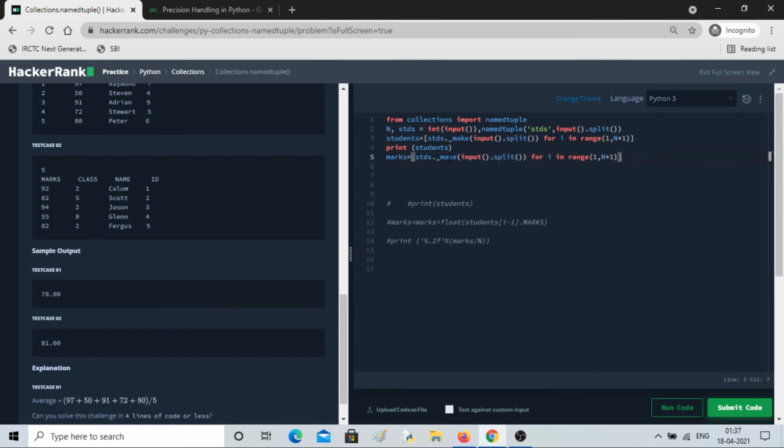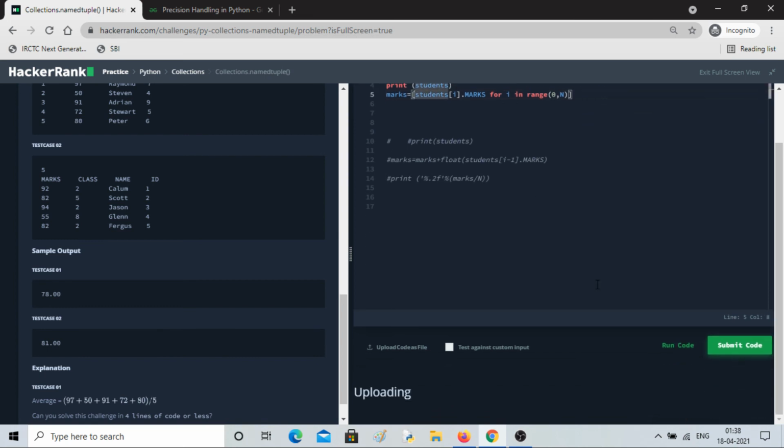Now what I have to do is take the value of students dot marks, for each student. I is starting from 1, so let me start with 0 here, no issues, and it will keep on appending the marks.